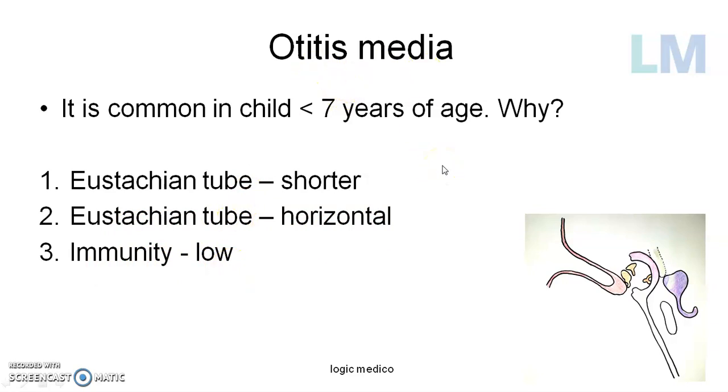So in summary, eustachian tube is also called auditory tube because it helps in audition or hearing. It connects the nasopharynx with the tympanic cavity, so it's called pharyngotympanic tube. It is 35 mm in length, 3 mm in diameter. This tube helps in the ventilation of the middle ear cavity along with drainage of the mucus from the middle ear into the pharynx, thereby helping in maintaining the pressure on either side of the tympanic membrane.